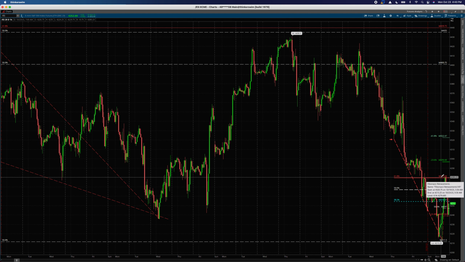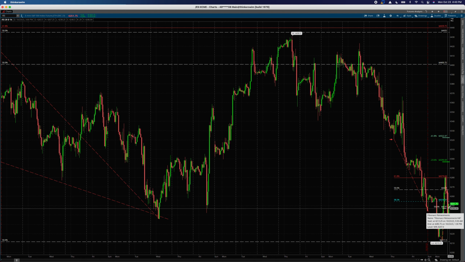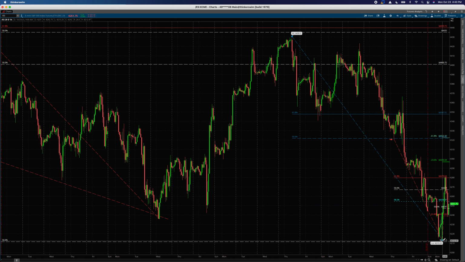So we'll see here what the S&P does. Do we end up trading within a range here between 42.67, 42.47, or do we see a breakdown lower or a breakout higher? And what I would also be tracking is the full 50% short in the S&P, which as of right now is a